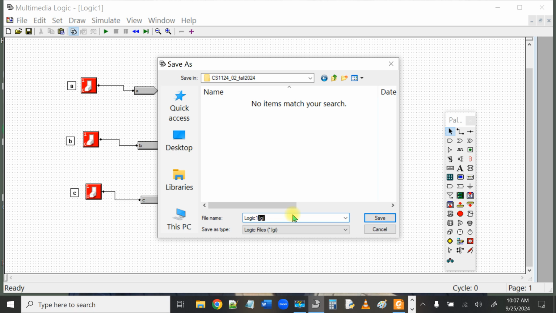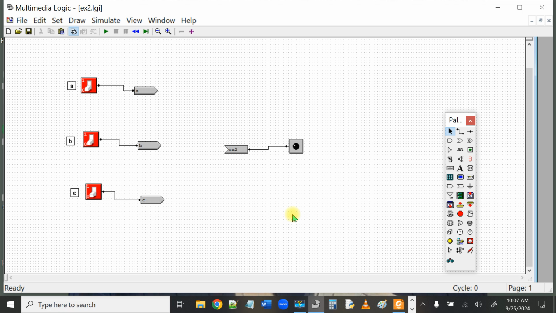And I'm going to put it in there, except keep the extension LGI. And that's just the output file from this MMLogic program. I don't even know what it stands for. But I want the name of this to be EX2, ex2.lgi. And I've safely stored it on my H drive, and now I changed the file name up here, so it is example2.lgi. So I've at least got this, and if I mess it up or delete stuff accidentally,